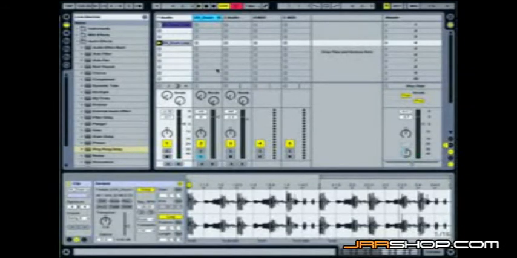That's slicing audio to MIDI. We've done it 360 degrees. We started with an audio track, sliced it to MIDI, recreated a new groove, a new feel, and then we transformed that back into its own audio slice, its own audio clip, all inside